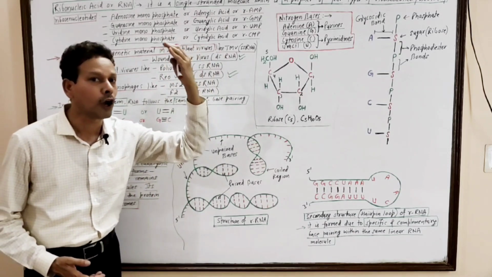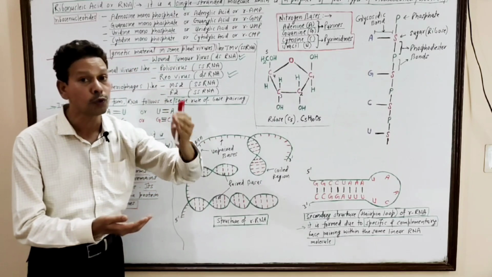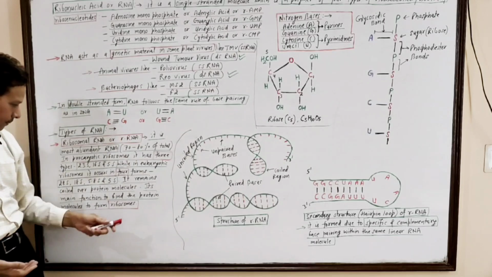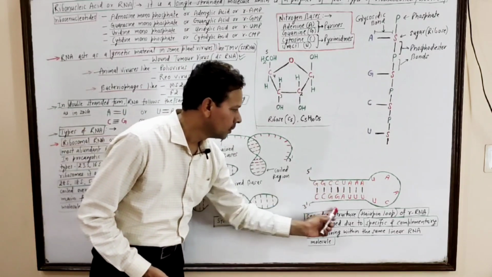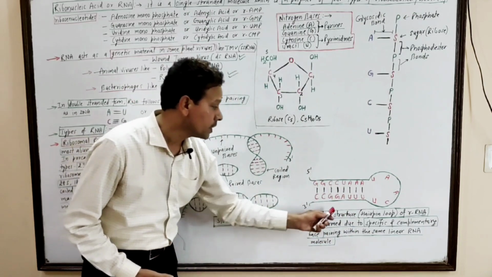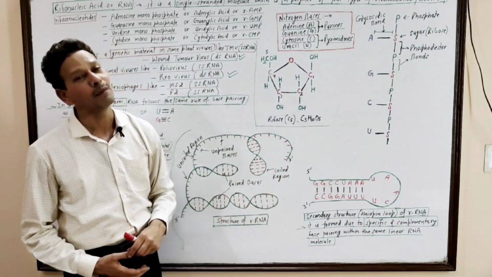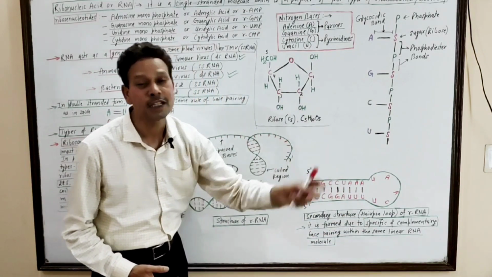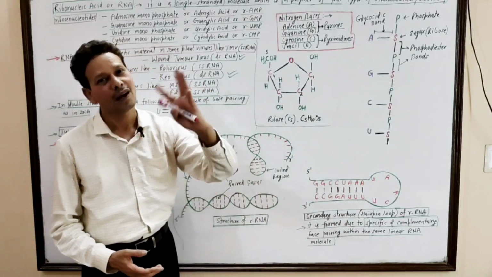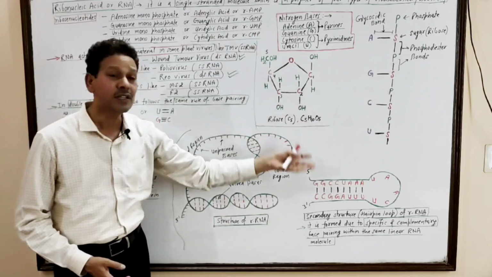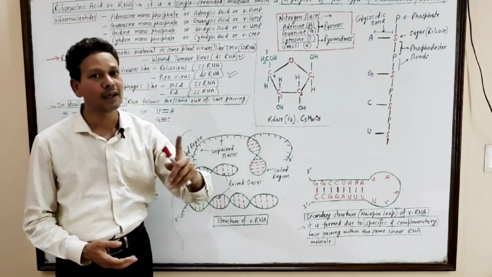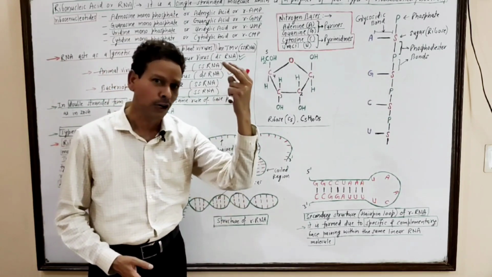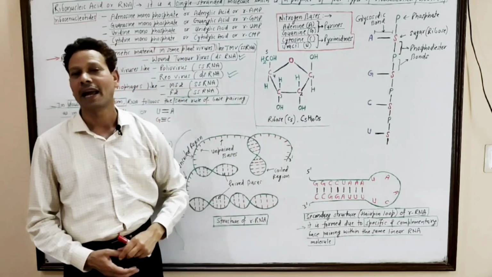We have already discussed this in the topic ribosomes. Here S is the Svedberg unit, the sedimentation coefficient. The secondary structure of ribosomal RNA is a hairpin loop, formed due to specific and complementary base pairing of the linear RNA molecule. Dear students, this is the general introduction of RNA and ribosomal RNA. In the next lecture, tomorrow, we will discuss the important topic of mRNA, messenger RNA, and transfer RNA.